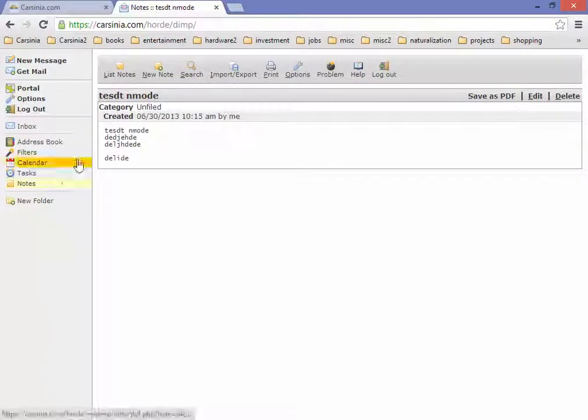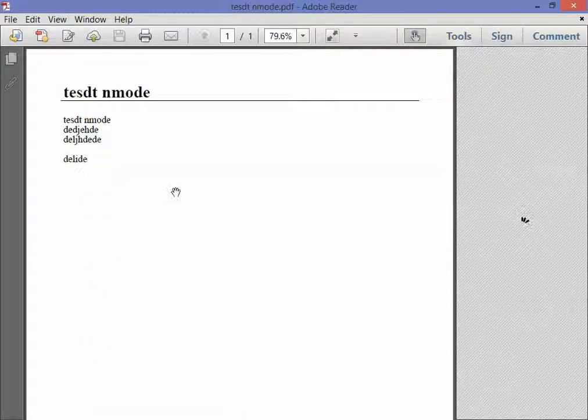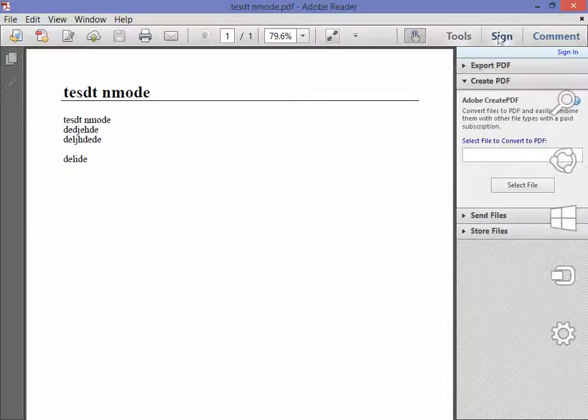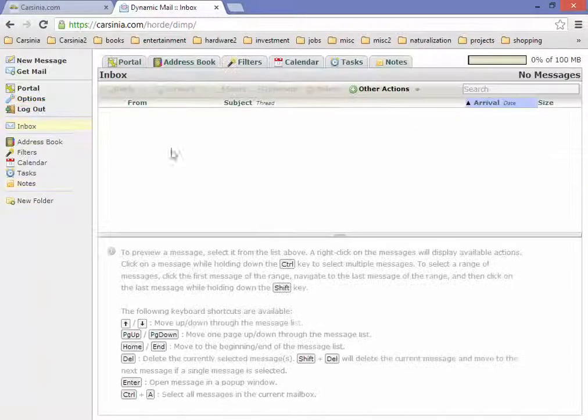And one nice thing about this utility is that you can actually save it as PDF, and it will show up as PDF if you want to send a quick PDF document to somebody. This is a nice way of doing it. Other than that,